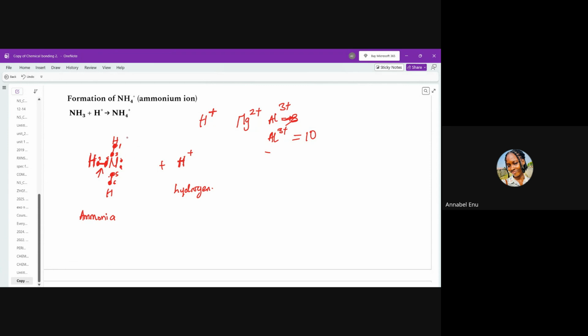This ammonia here is already stable, even though it has this lone pair. But you see, the hydrogen ion has donated 1 electron. So what will happen here is this lone pair, for it,